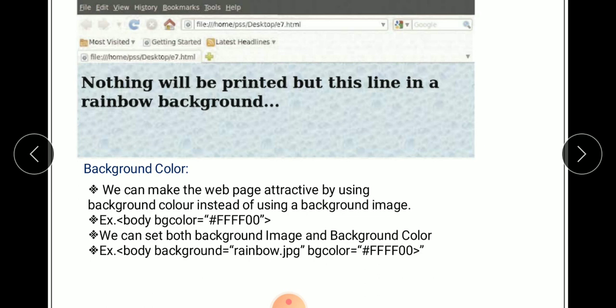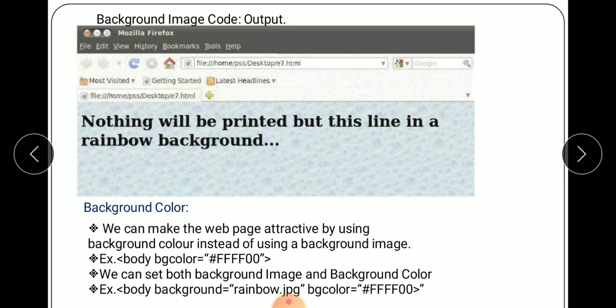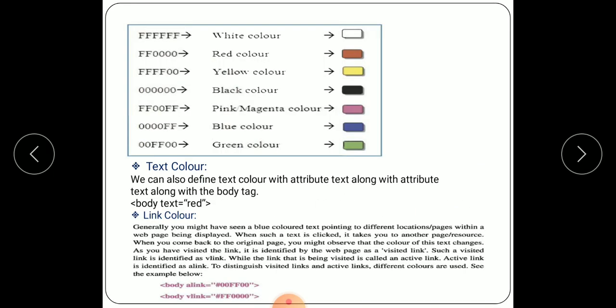By mentioning color strings in hexadecimal format, we can specify various colors. Some examples of colors are shown in the figure below. FFFFFF, six times F, is your white color. FF0000, is your red color.